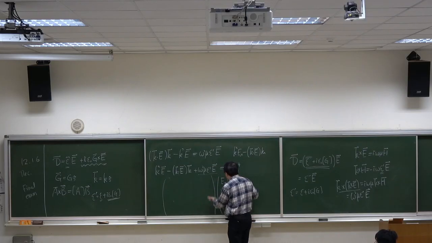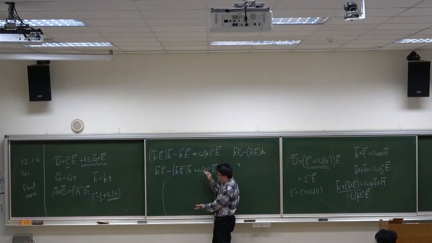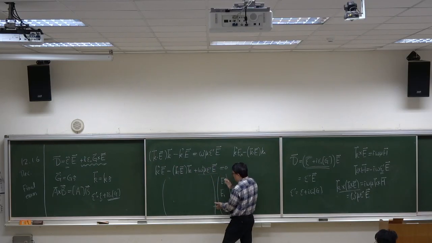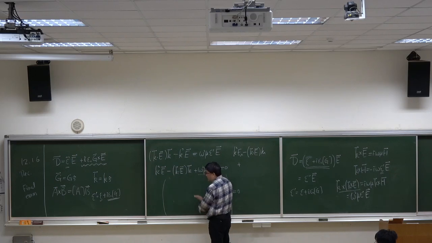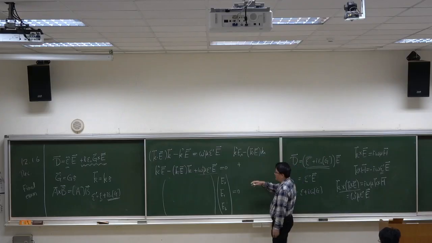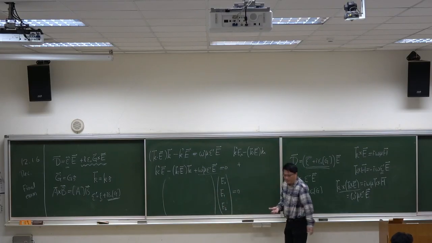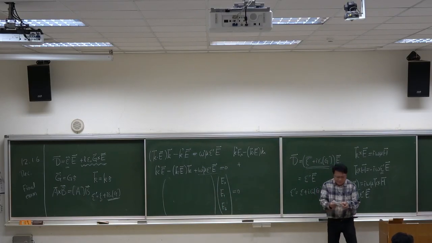However, we can still try to find a solution. We just add this, which indicates that the determinant of this matrix is equal to 0. And this gives us the new modified Fresnel's equation with normal. Okay, and the result is